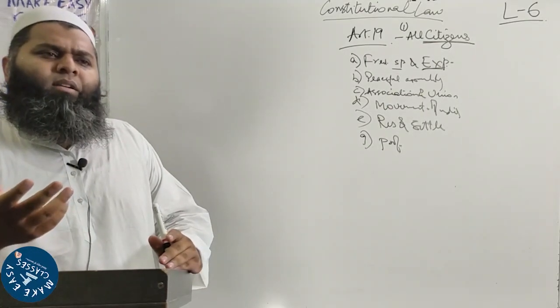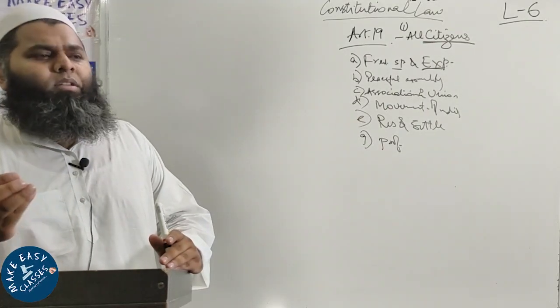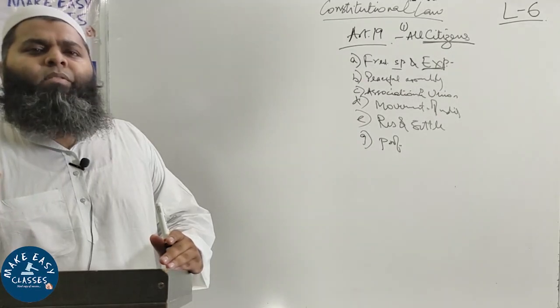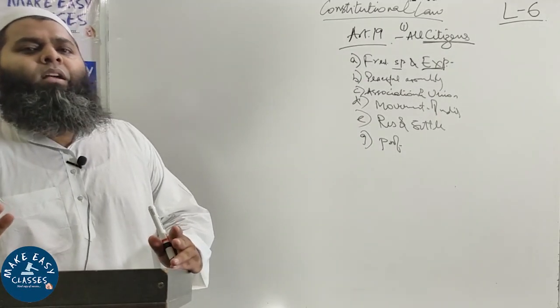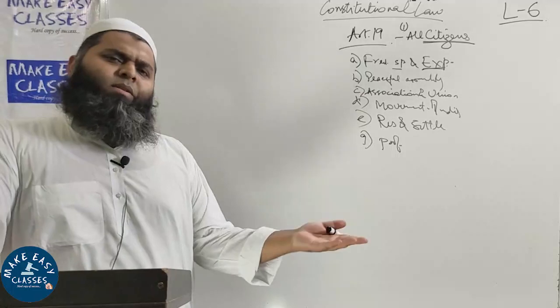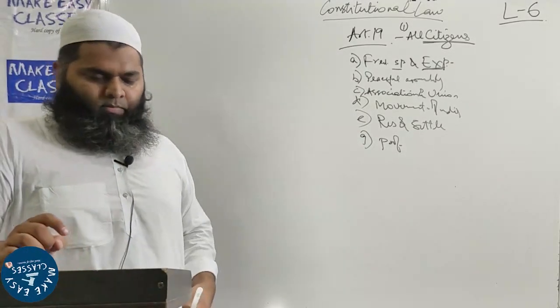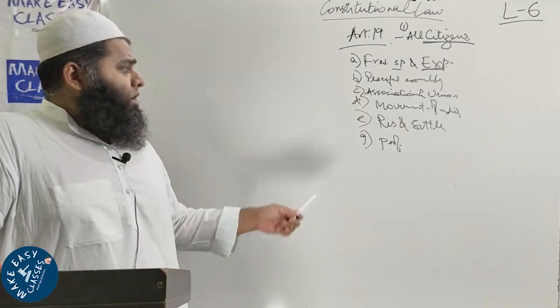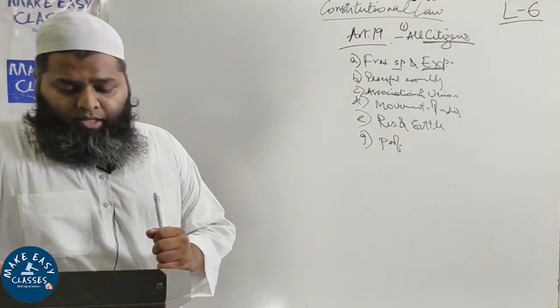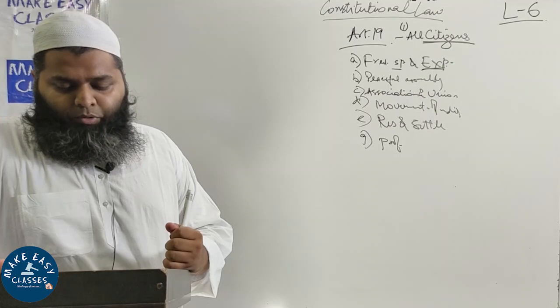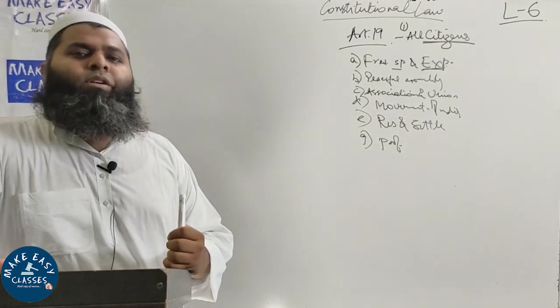Many people you will find they are from some different place, and they settle and they do their occupation at some different places. You will find this. So these are the freedoms that are given in the Constitution under Article 19. The last one is to practice any profession or to carry out any occupation, trade or business.